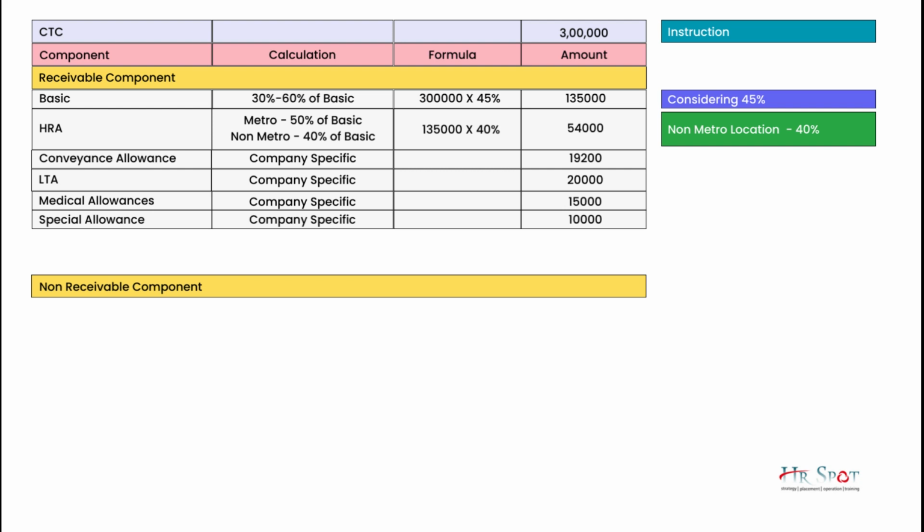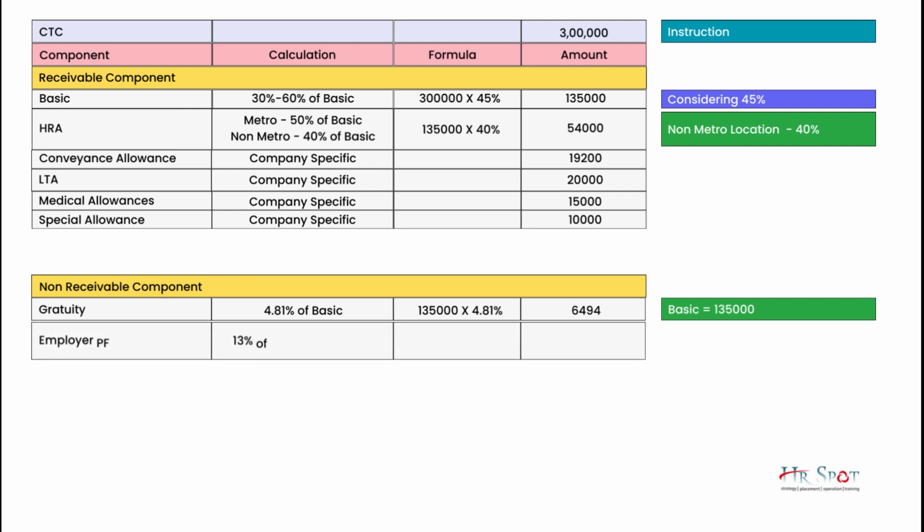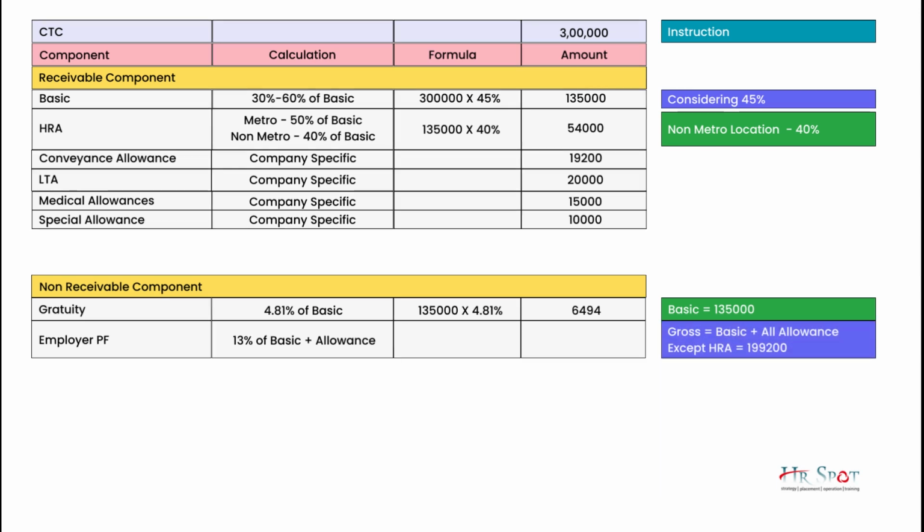Now we will come to the non-receivable part, where the gratuity is 4.81% of basic. That means it is 6,494. Then employer contribution of PF is to be calculated. Now when I'm calculating the gross pay for PF, which is basic plus all allowances except HRA, we have seen the amount has become 1,99,200. But as we have discussed that the maximum ceiling limit for PF calculation is 1,80,000, but in this particular